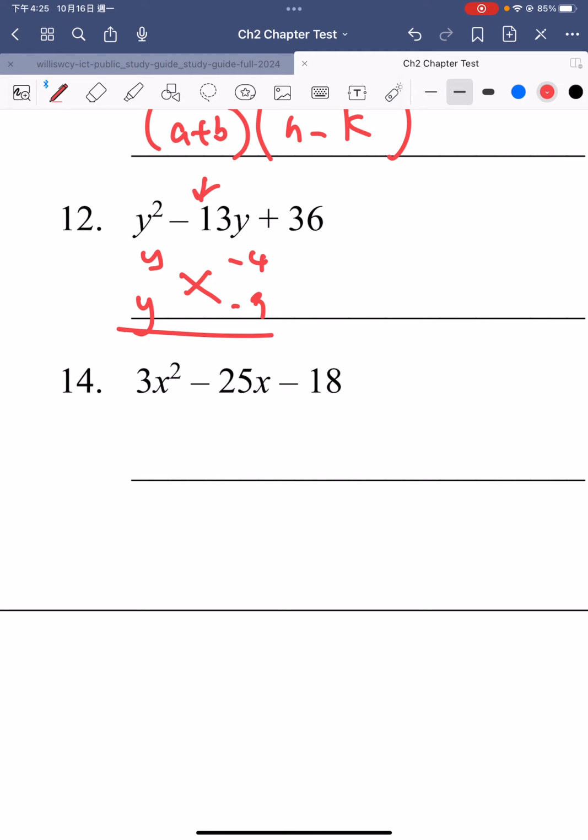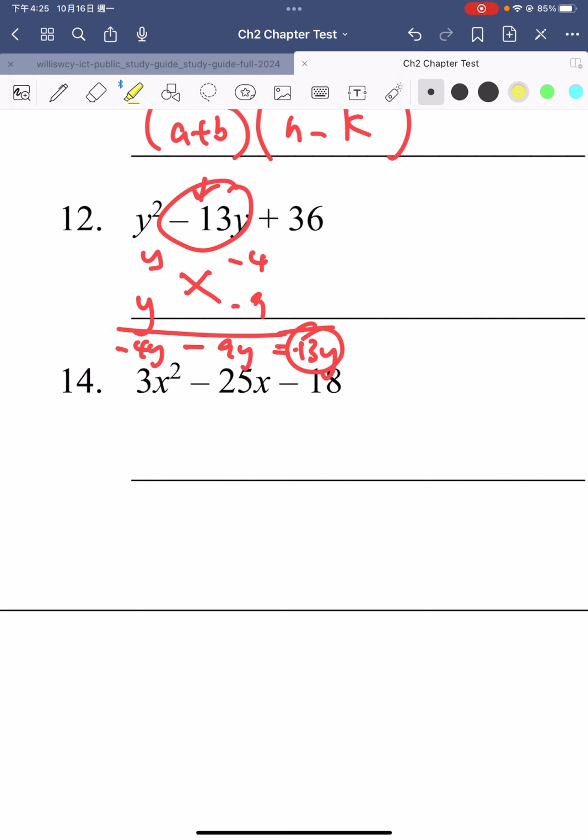We cross multiply, and we will have negative 4y and negative 9y. If you add them together, you're going to get negative 13y. So now what we're going to do is highlight these two things. So the answer is going to be y minus 4 times y minus 9. So that's for question